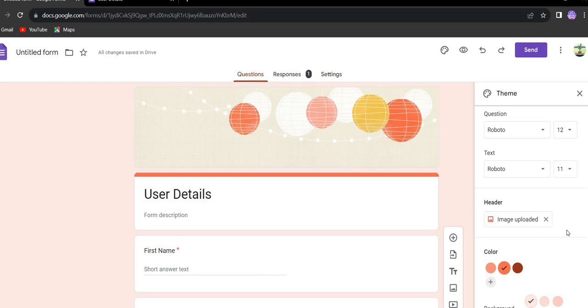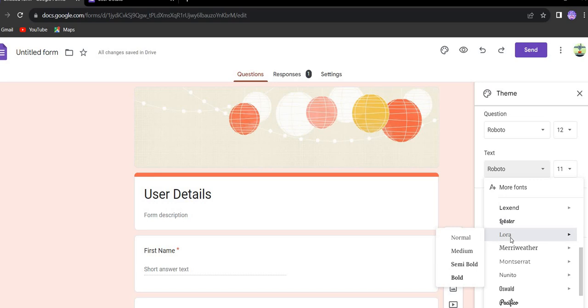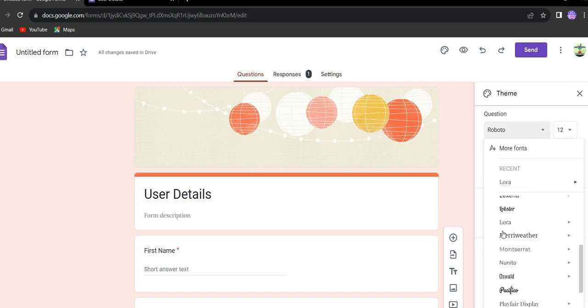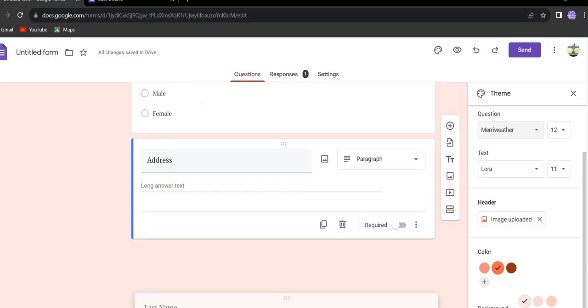Now, what more can you do with this? Let's see. Text, you can change the text style as well. Let's say the different type of text, questions. If you want to change the font type of these,